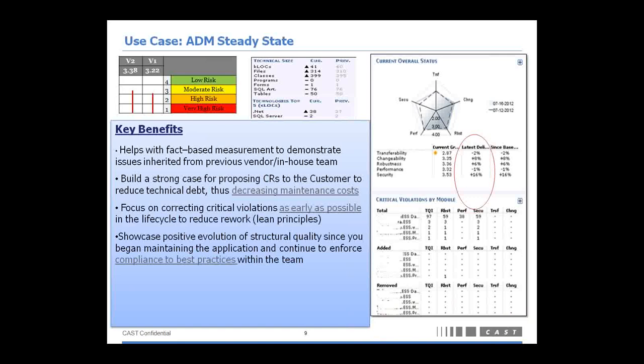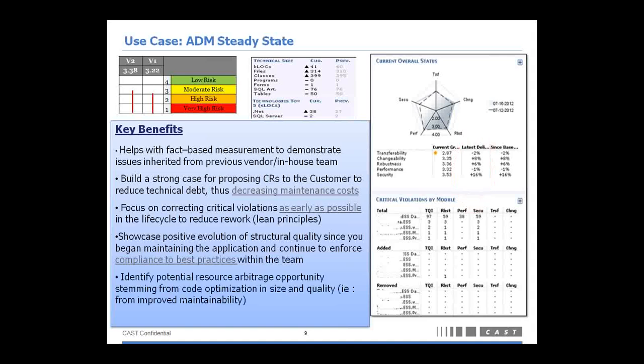Another key benefit which you typically get in steady state is being able to showcase positive evolution of structural quality since you begin maintaining the application, right? So for example, you've taken the application from another vendor or from an in-house team, or maybe from your parent corporation. After a couple of releases, you can show that you have been improving the application and you've not been adding critical violations or technical debt, making the application even worse than it was, right? So this helps you show that you are improving the application, and